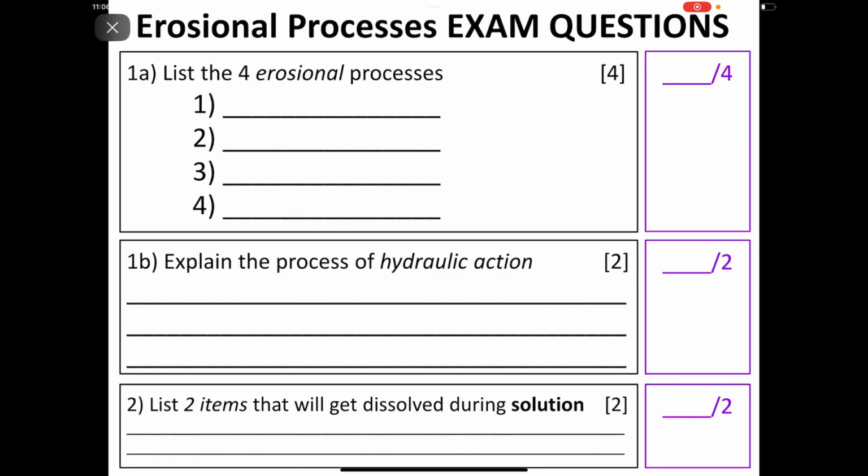Now, what I've done is I've put together some past paper questions, or I've created some past paper questions off the top of my head. You can pause the video to have a go, or what you can do is